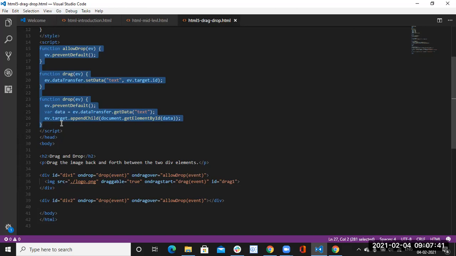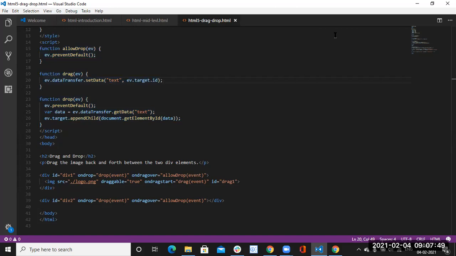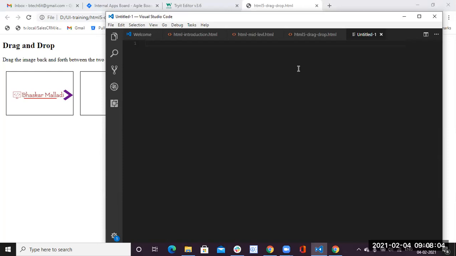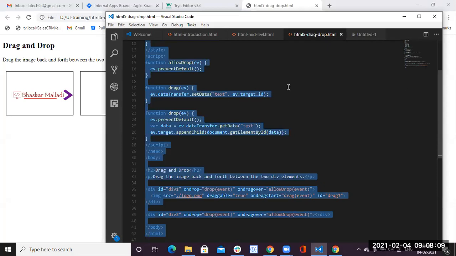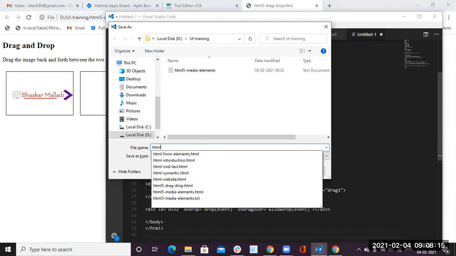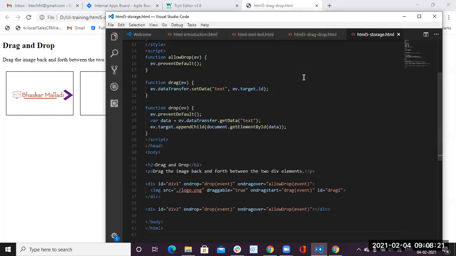Because of that, I am creating a new file, the same file only, storage.html.